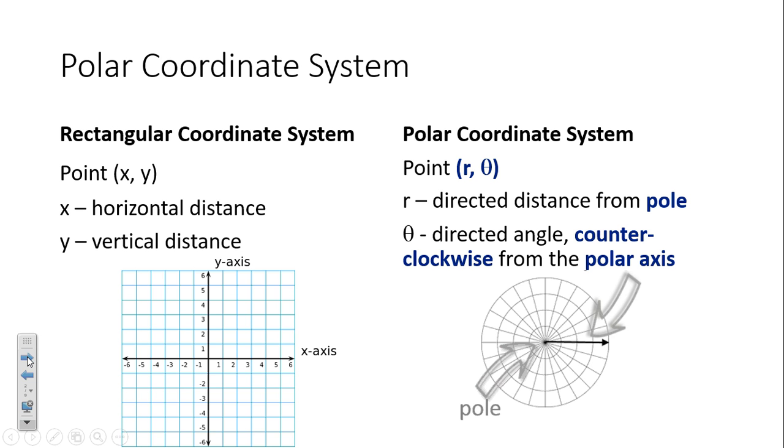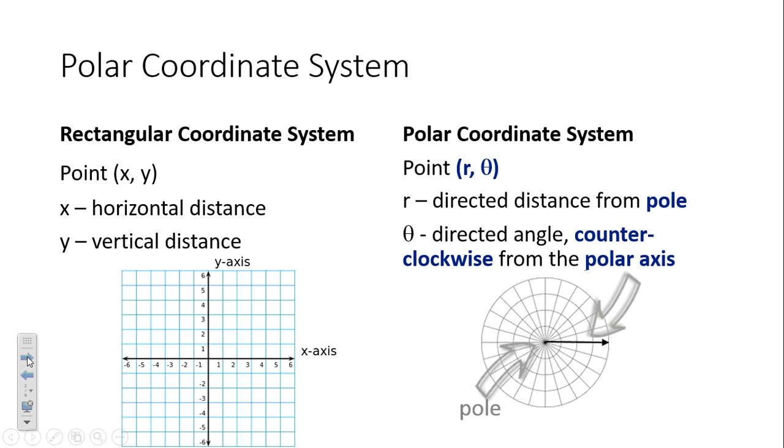So when we talk about our rectangular coordinate system, our points are of the form x comma y, and x is the horizontal distance that you move, and y is the vertical distance that you move. When it comes to the polar coordinate system, our point is written in r comma theta notation, and r is a directed distance from the pole, and theta is a directed angle counterclockwise from the polar